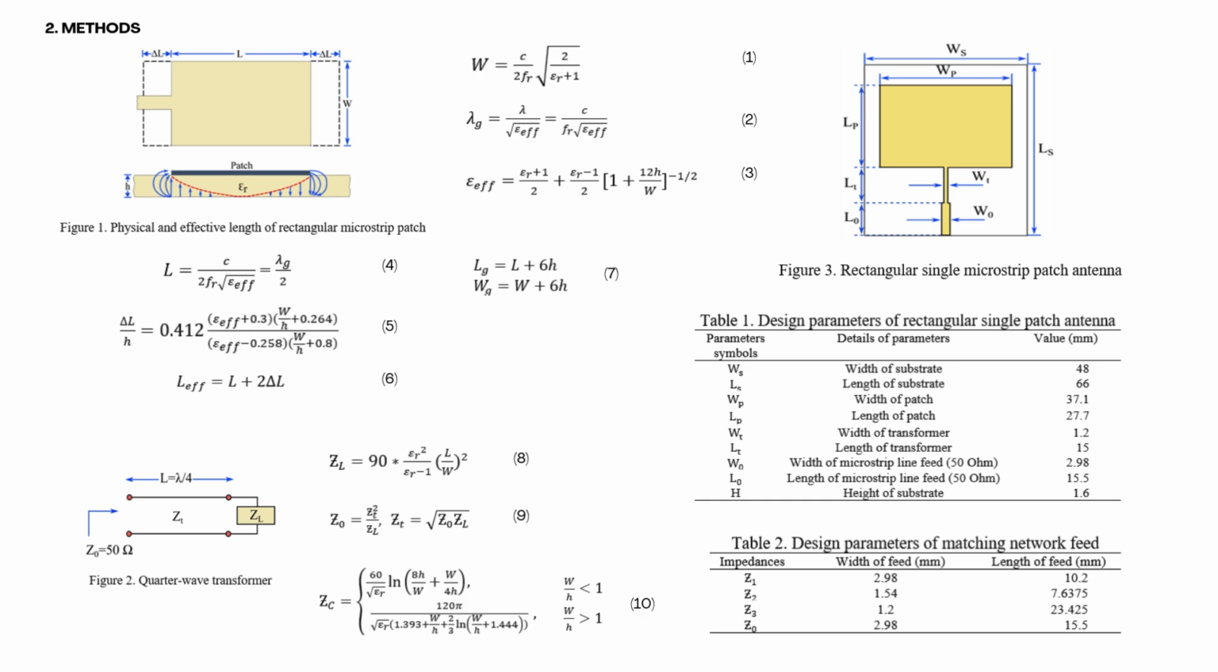We have determined the width and length of the patch by these equations. In order to define and calculate the feeding size, it's necessary to determine the load impedance ZL of the patch through equation 8. Thus, when substituting values into equation 8, the load impedance is approximately equal to 285 ohms,